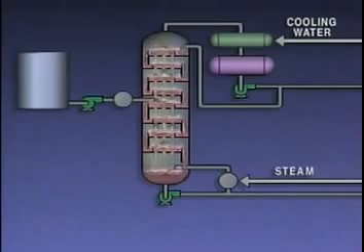The reboiler provides the major portion of the heat that's required to make the distillation process work. In the type of system we've been discussing, the heat supplied by preheating the feed is not sufficient for proper distillation. The reboiler is needed to provide enough additional heat to vaporize the lighter fractions in the tower so that